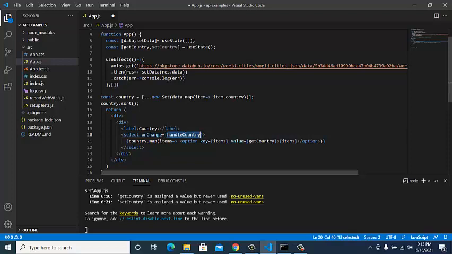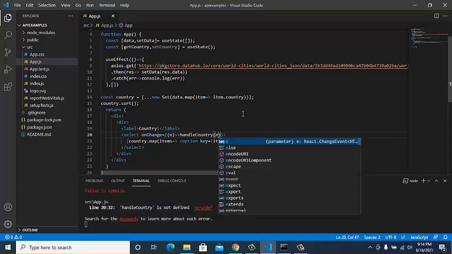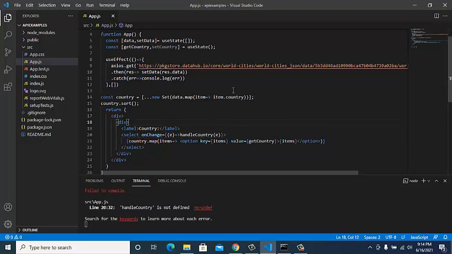Handle country, and we'll give the data to it, the event that comes with the form, so that we can get the data.